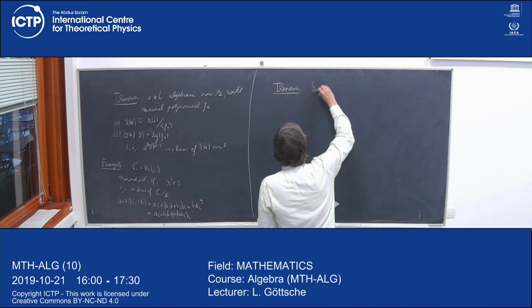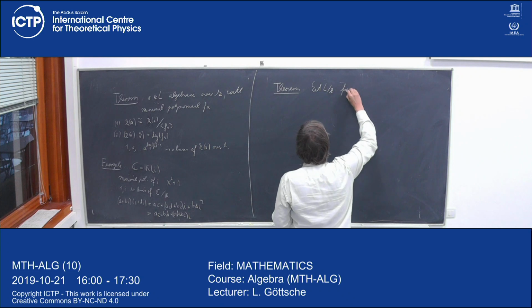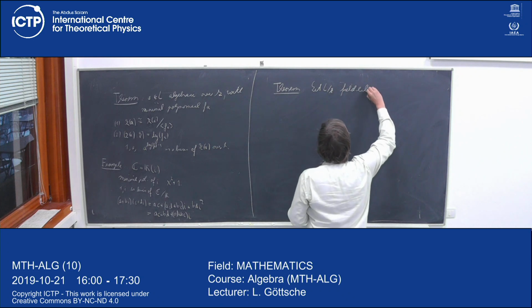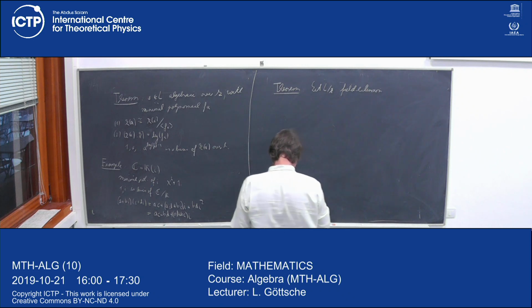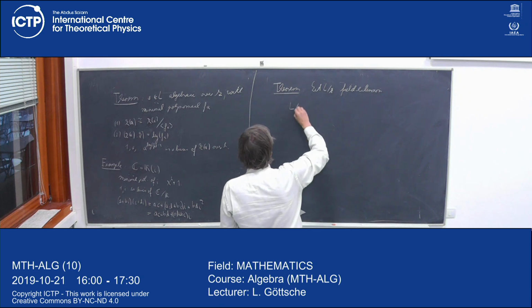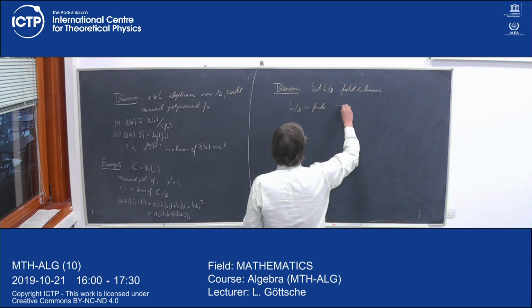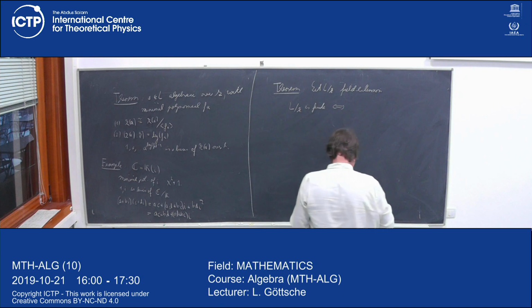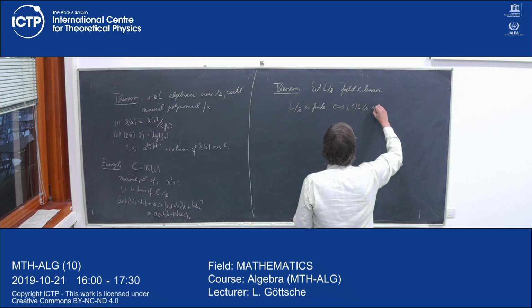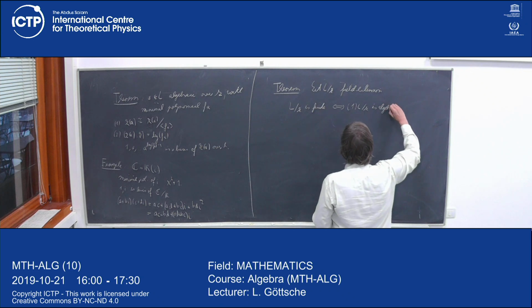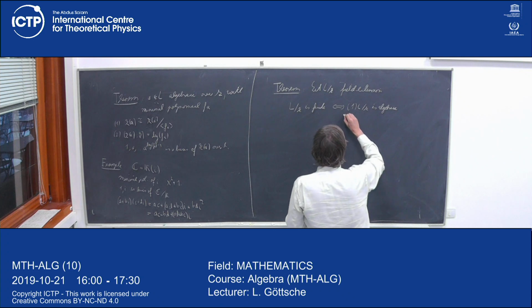So let L over K be a field extension. So L over K is finite if and only if first, L over K is algebraic, and in addition,